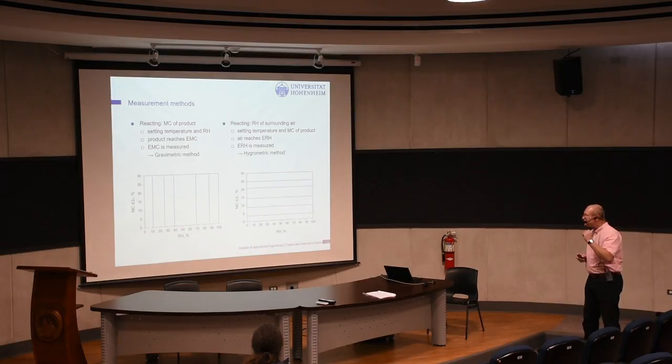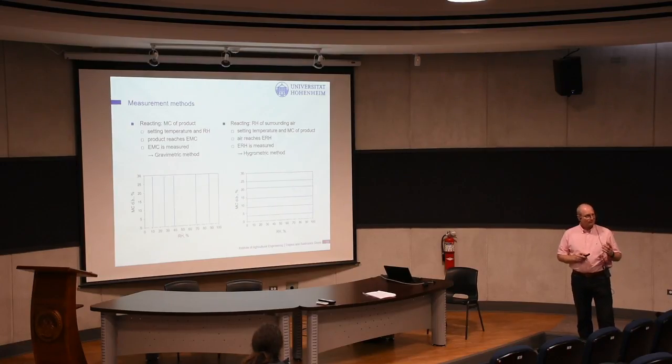And then bringing the seeds in, for the desorption isotherm, we would bring in humid seeds, and then the moisture content would go down and stop at equilibrium. Stop here, stop here, stop here. And then we can draw a line through. And this is the most